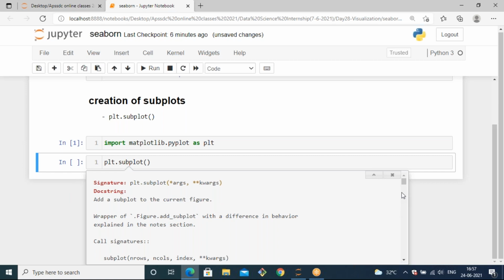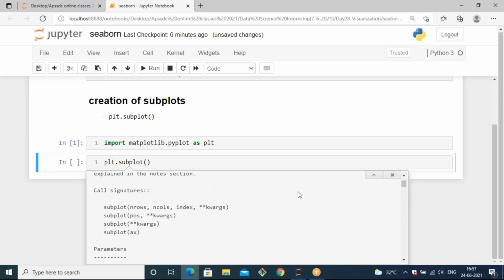Okay, and also you can see below it has a signature like subplot of n number of rows and n number of columns and then index. That means the star arguments means you can pass these three parameters if you want. The first one is the number of rows that you want to generate, then the number of columns, and the position of it.